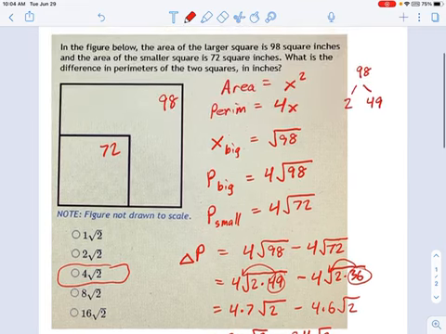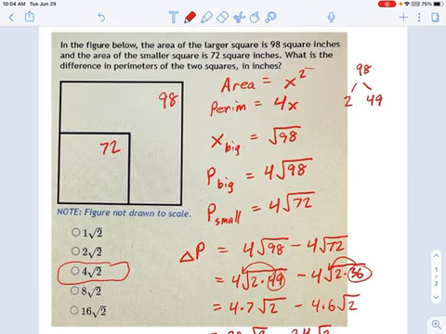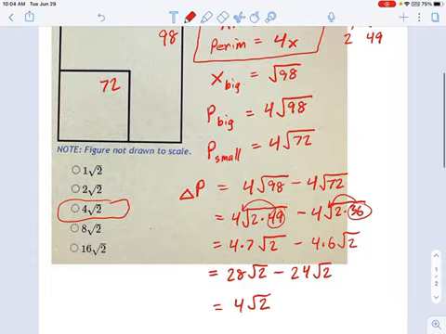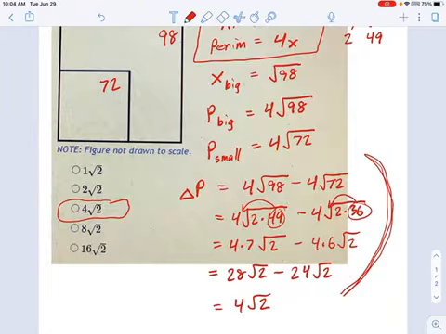So big concepts. Let's talk about what the big concepts were. You have to know the area and the perimeter of a square. Those are generally useful geometric formulas that you should always know going into a standardized math test. And the other thing that we have to understand how to do is deal with these radical signs right here. That's a useful skill too. So remember, when you are dealing with a big radical like radical 98, you can break that apart into factors and then take the square root of those factors one at a time.